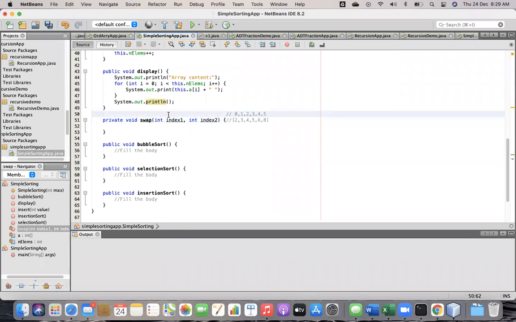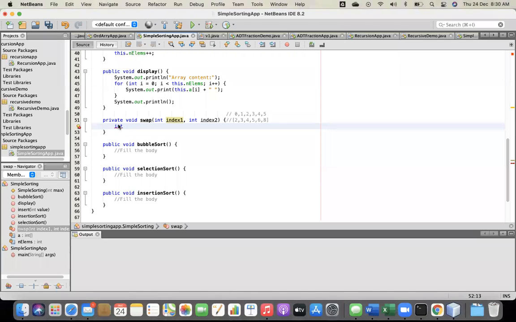Assume that now you pass the array and index numbers, you need to swap 1 and 4. How to swap 1 and 4? Take whatever the value to a temporary location, after that put the other value to here, and from this value put the temporary location. So that is a simple way of swapping. Okay, how to do this one? First of all, you need to take the temporary location